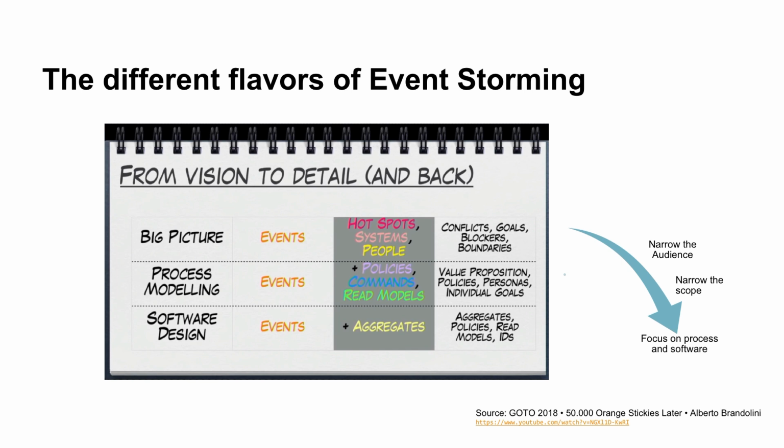So the big picture is usually done with less technical people, and you can gather everyone, and you only work with basically events, and you just try to capture a narrative of the business. And then you can drill down to a narrower group towards the more technical stuff. When you're down to software design, you add a lot of notations into the model, and then it gets more technical and more detailed, and then you don't have to be as many. So you take something big and then you drill it down in more detail.